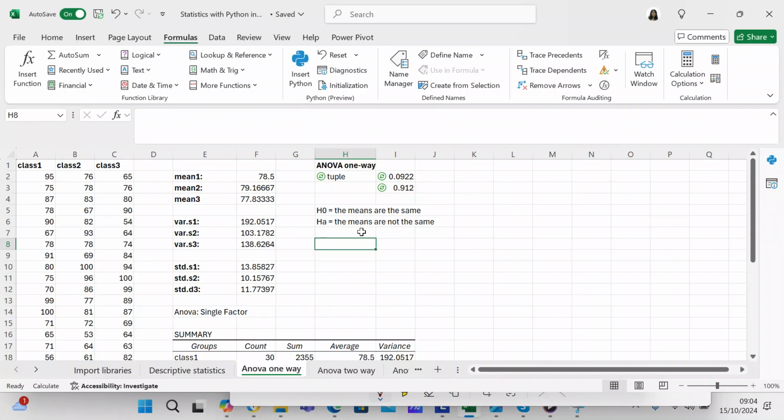If the p-value was less than 0.05, or even 0.1 if you wanted 0.1, then you would have to accept the alternate hypothesis, which means the means are not the same. And so I check my work,